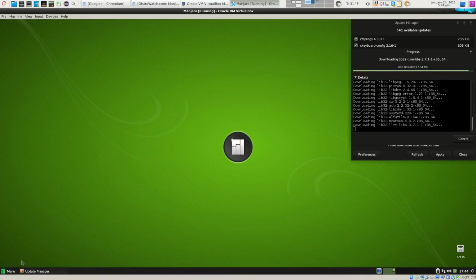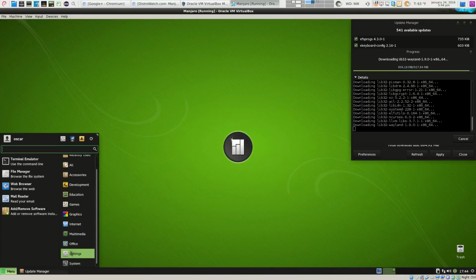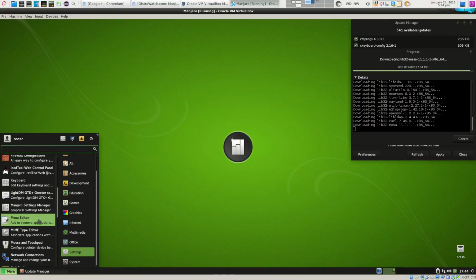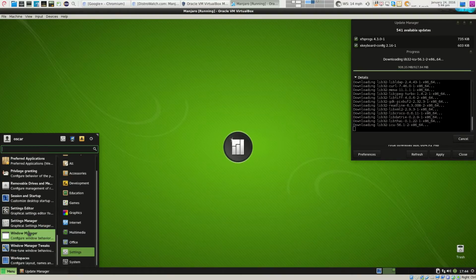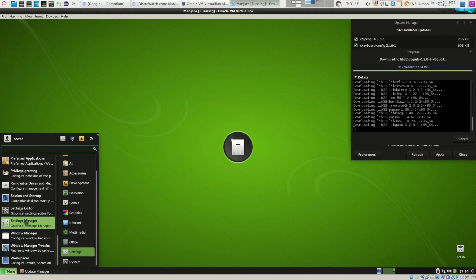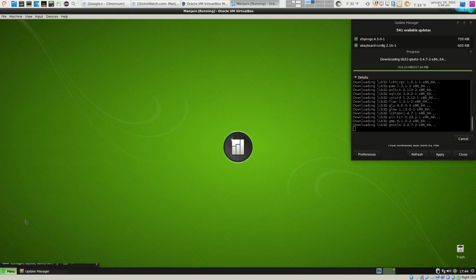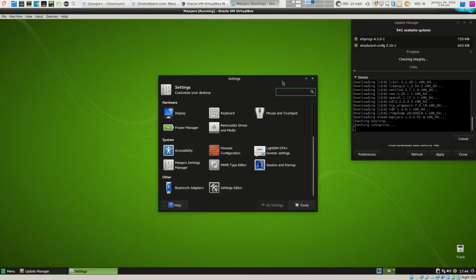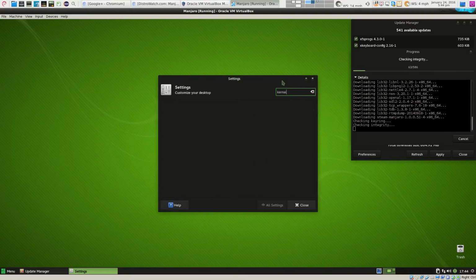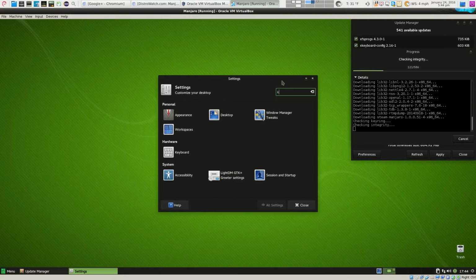Alright, now system, where is it? System, is it this one? Kernel or hardware.